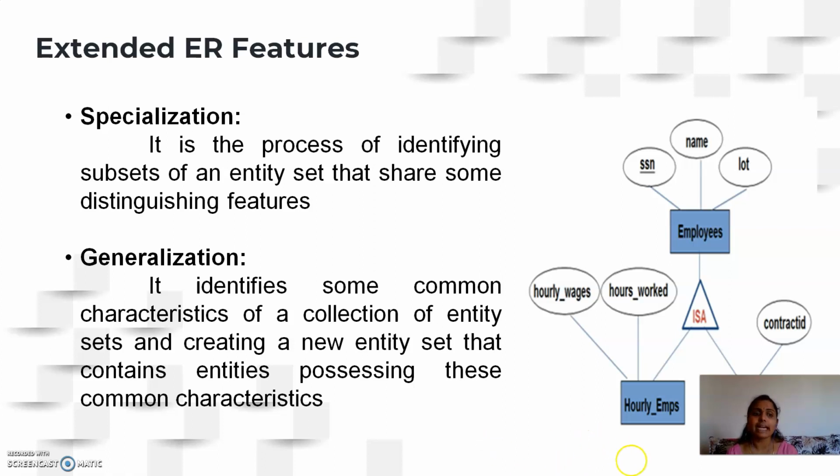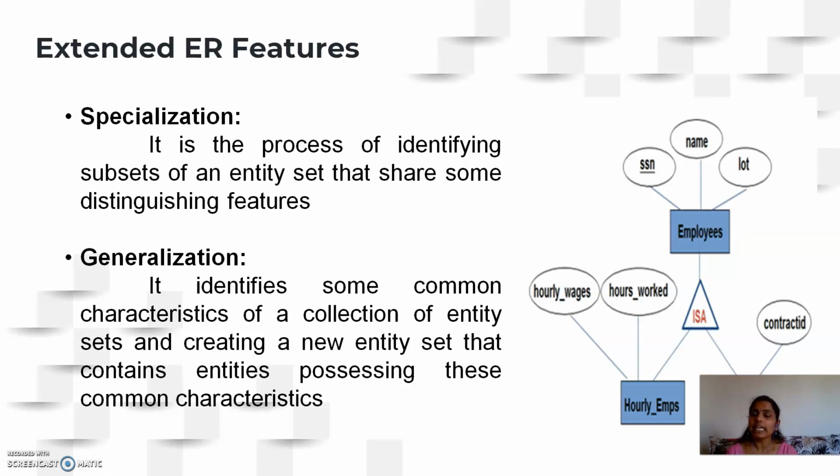So here, first we identify the sub-entities like hourly employees and contract employees. For these hourly and contract employees, we have certain attributes which will be in common. These common attributes will be identified in the second step, and those common attributes will be attached to a super entity, which is called the superclass. So here hourly employees and contract employees will be there, from which the common attributes are identified, and using these common characteristics you get the superclass. So the reverse process of specialization is called generalization.